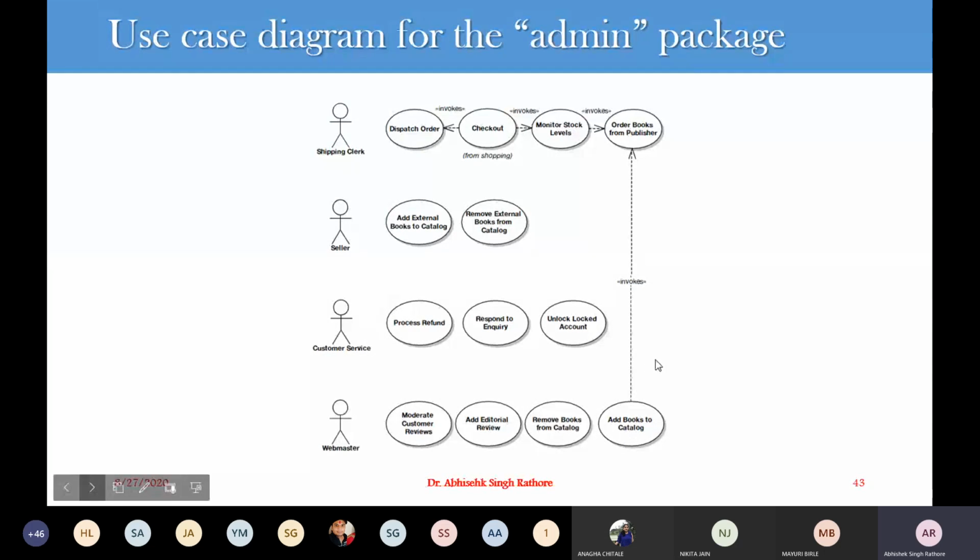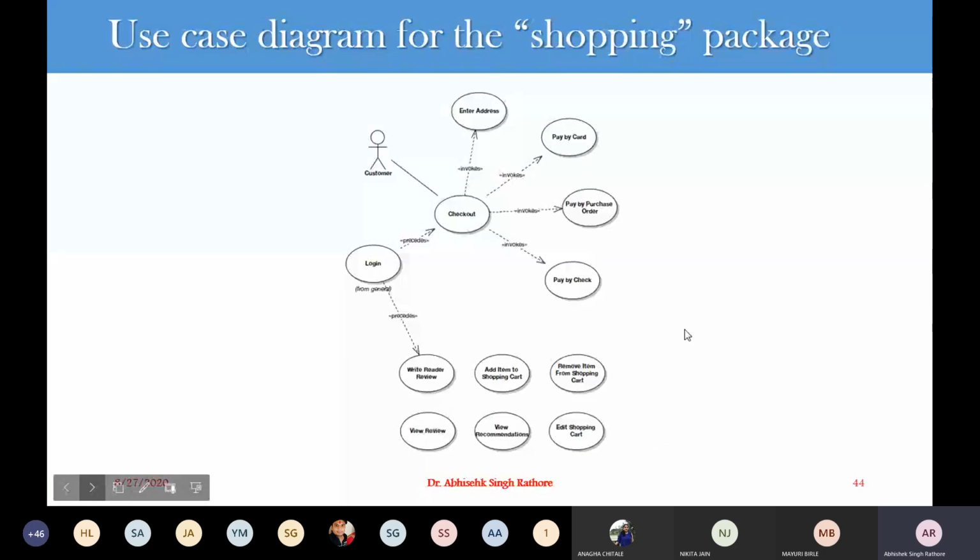Then, going to the shopping packages, we again have some relationships here. First, the customer goes for checkout of his items. Checkout invokes enter your addresses, and then enter your payment details, that is pay by card, or pay by purchase order, or pay by check.